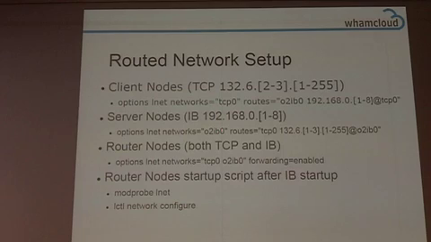Of course, if you have multiple IB networks, this would be o2ib1, o2ib2, etc. And they're saying to reply or connect to the TCP0 network, which is not to be confused with the Ethernet device 0. The TCP0 is just a Lustre name for one Ethernet segment, one IP subnet, really. To route to TCP0, go through these